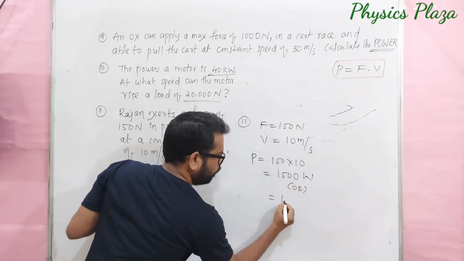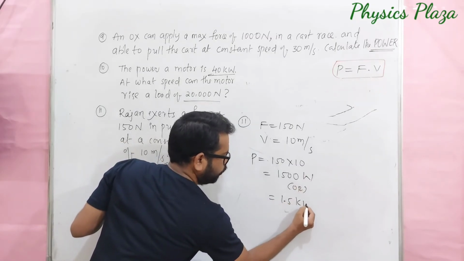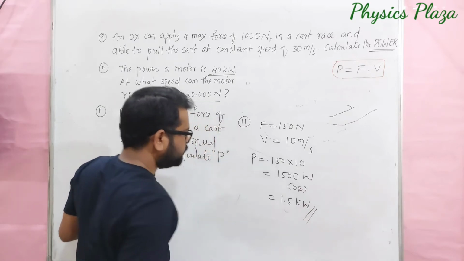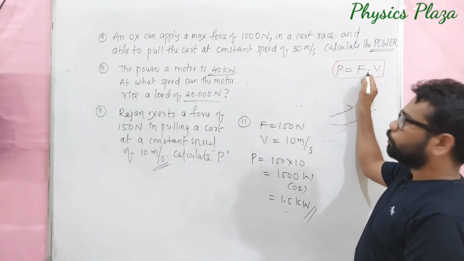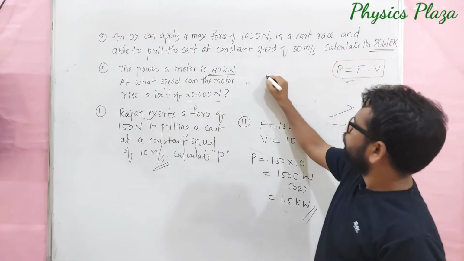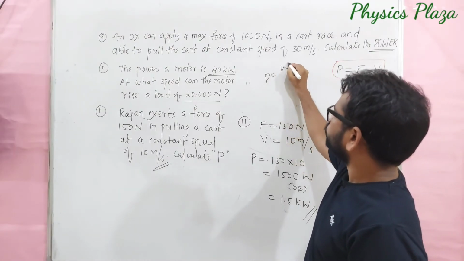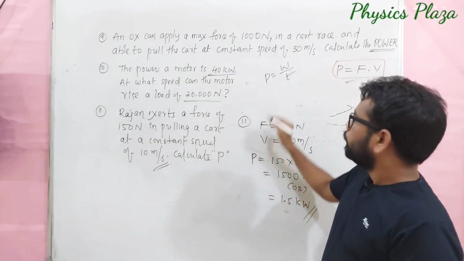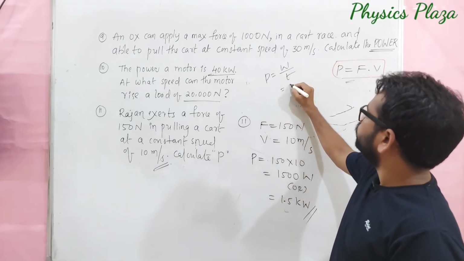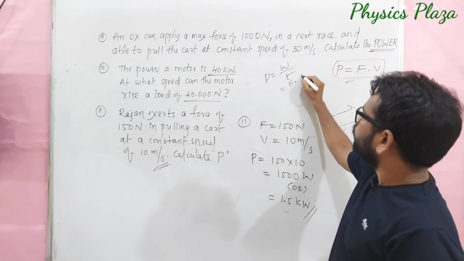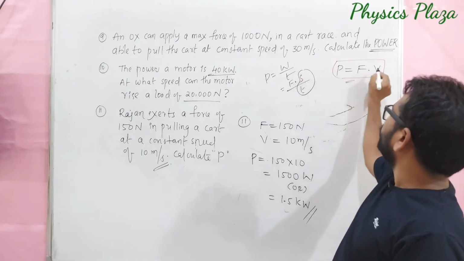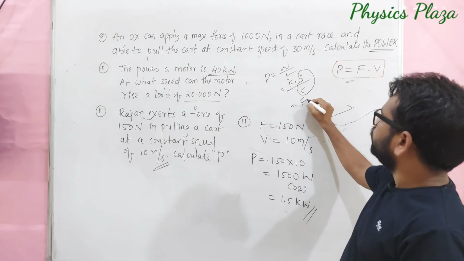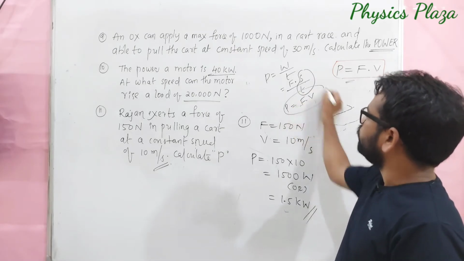or it also can be written as 1.5 kilowatt. So children, these are the 3 numericals just based on what? Power is equal to F dot V. Children, how did we get this? Do you remember? Power is equal to work by time, but here work can be written as force dot S, that is the displacement, by time. So this displacement by time is what actually? Velocity. So we got F dot V. This is how we got it.